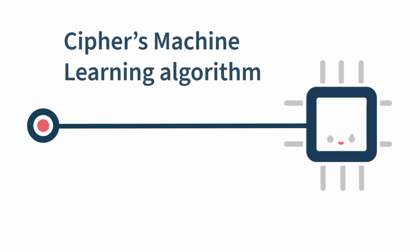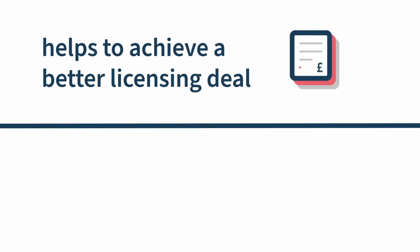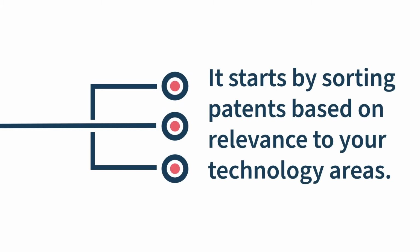Cypher's machine learning algorithm offers a novel strategy to negotiate large patent assertions. The challenge we are faced with in these situations is how to respond efficiently to the asserter with limited time and resource. Our approach tries to rationalize the conversation in order to lead to a better licensing deal and avoid costly litigations. Cypher does this by being able to quickly sort patents based on their relevance to a company's core